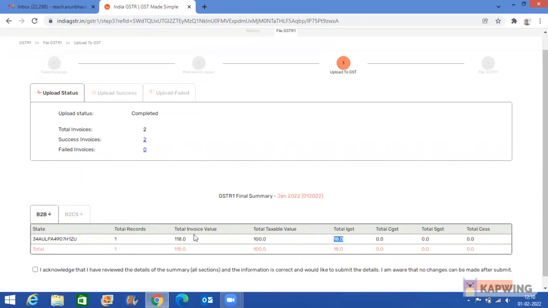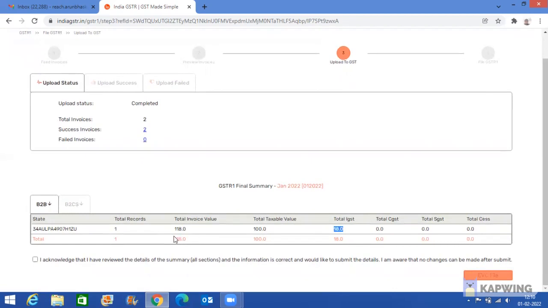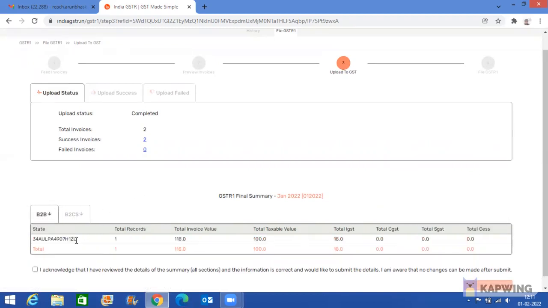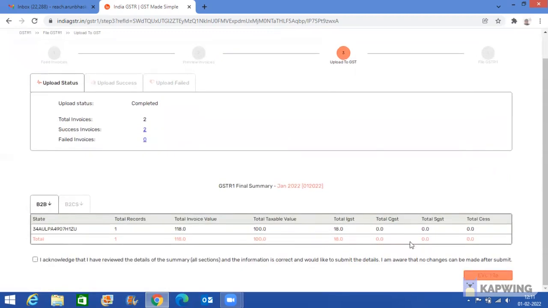This report is generated from the GST system, so this is the data which is going to be filed now. Here you can see all these values. The same with B2CS. For B2CS, we only have the total, so here one record. Now if you are fine with this data, what we can do is click this